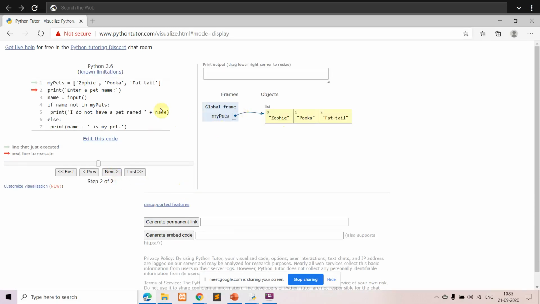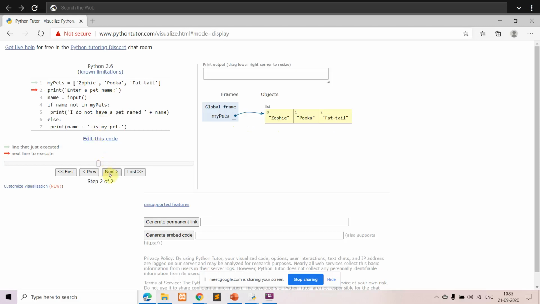You can see here that you have given a name for your list and you have initialized it. So now the list is initialized: my pets of 0 is Zophie, my pets of 1 is Pooka, and my pets of 2 is Fat Tail.